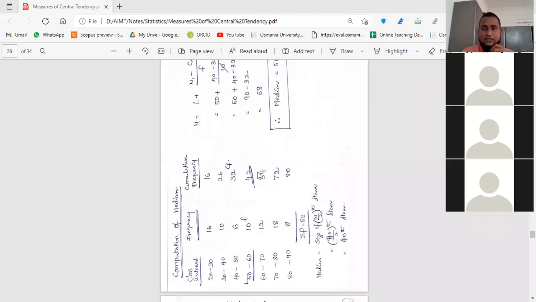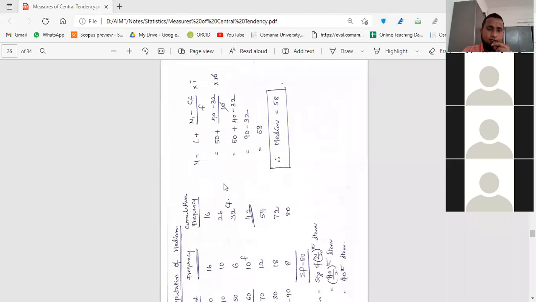Simply he doesn't ask the discrete series and individual series. Somebody is asking a question. Sir, these are there in our degree also, what is the difference? No difference at all, both are the same, but this is just a basic understanding we are giving. Later on we will go to probability. Whatever you studied in business statistics at degree level in all 5 units is summarized here in 1 unit only.